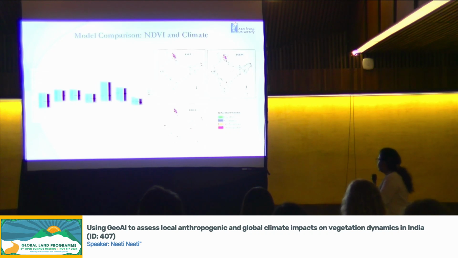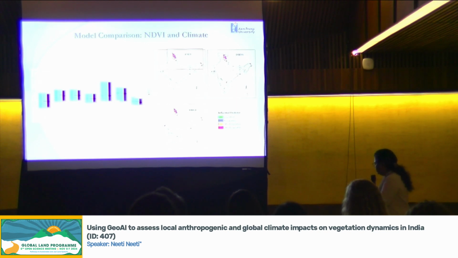What we could see is that at higher elevation it is mostly the maximum temperature which is responsible, whereas in central India, which is basically semi-arid as well as the Deccan Plateau, we found that minimum temperature is the most responsible contributing factor. And in the southern part, which has the Western Ghats and some other Deccan Plateau area, what we found was precipitation being the most important contributor to the variability in the